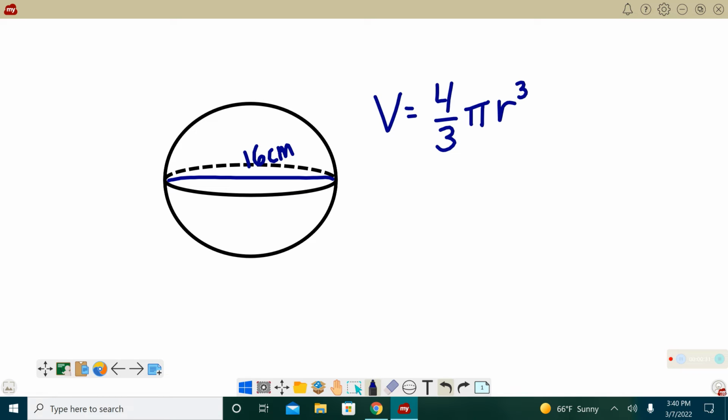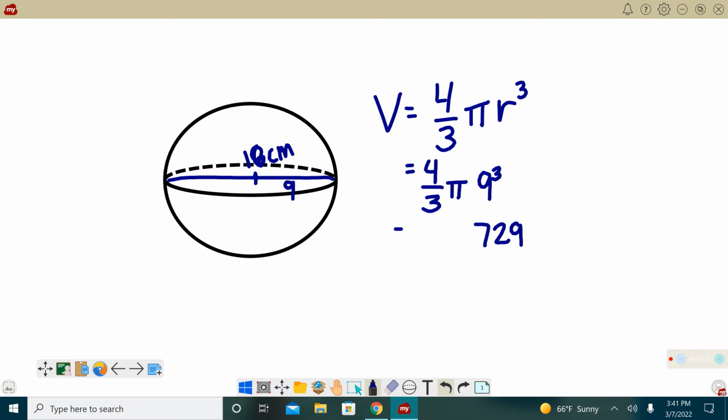In this problem, the diameter, oh, that's supposed to be 18. The diameter is 18. So the radius is halfway. If I take 18 and I split it into 2 equal parts, I get a radius of 9. So we're going to use 4/3, the pi symbol, and then we're going to use 9 cubed. That is not 9 times 3, that's 9 times 9 times 9. 9 times 9 is 81, and if you times that by 9 again, you should get